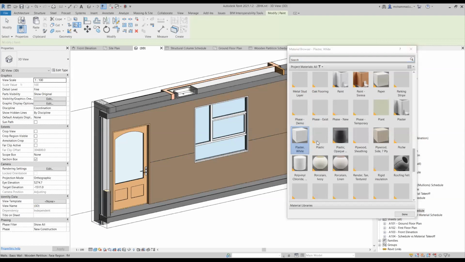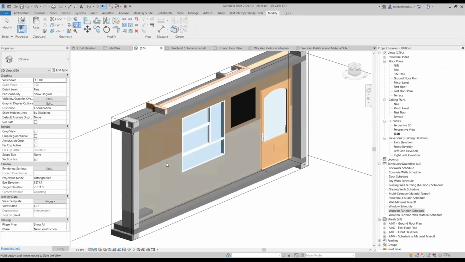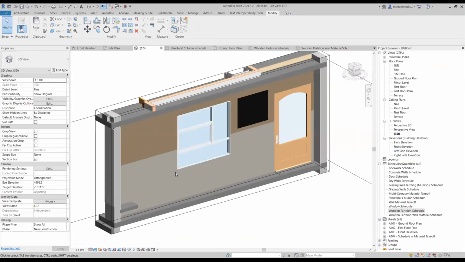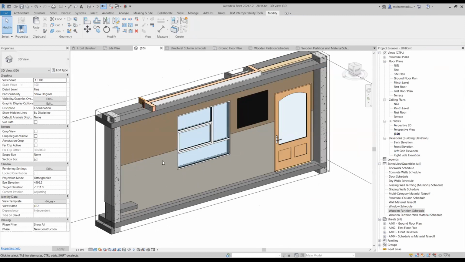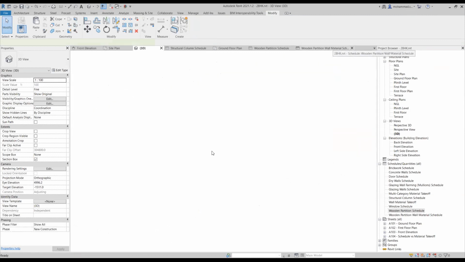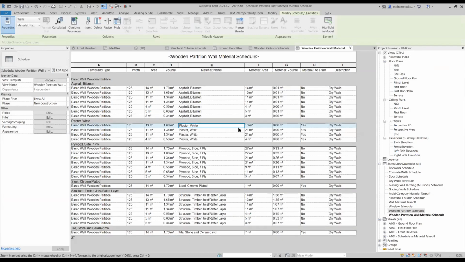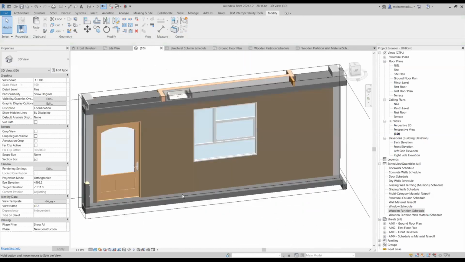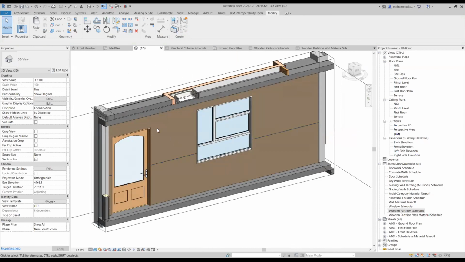So on the other side of this wall, I've actually applied this plaster with the same technique, just by splitting the face, and I've added this plaster by paint. And I did this with several wall families. That is why I've got multiple entries for plaster white as a material as well. For example, I've got here 4 entries. If I add another layer of plaster as a paint again, I'm going back to 3D of this project. I've already split this wall into 2 halves vertically, and I'm going for adding paint here.